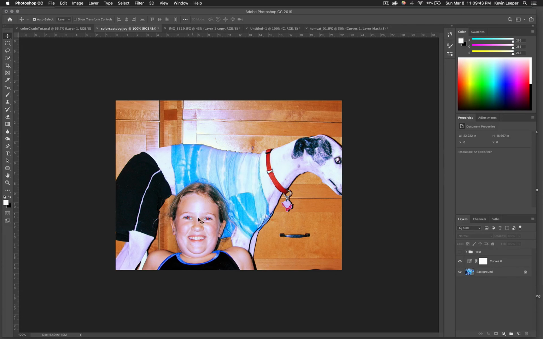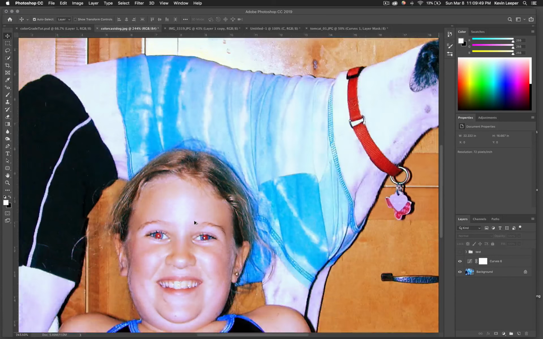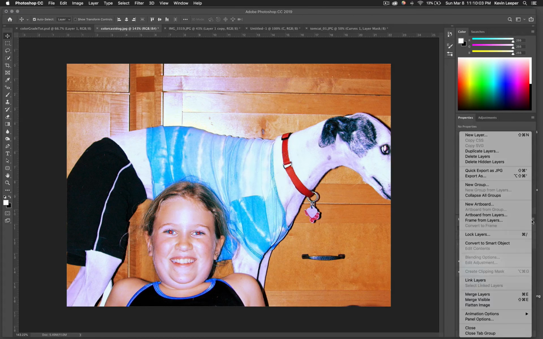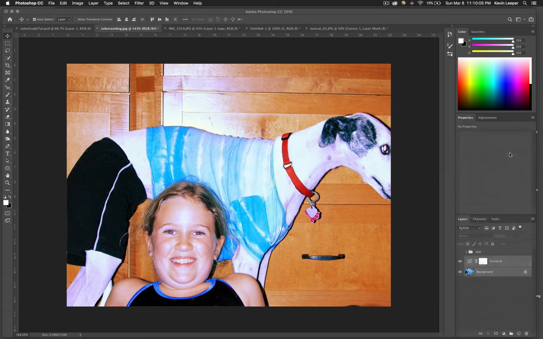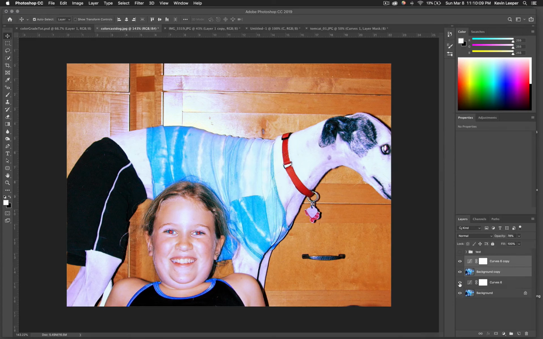One last thing, just an extra little tidbit. So how to fix these eyes, right? So extra right here. I'm actually going to duplicate both of these layers here. I'm going to say edit, duplicate layers. I'm just going to hide those two. And so now I have a duplicate of these. And what I'm going to do is then do edit,